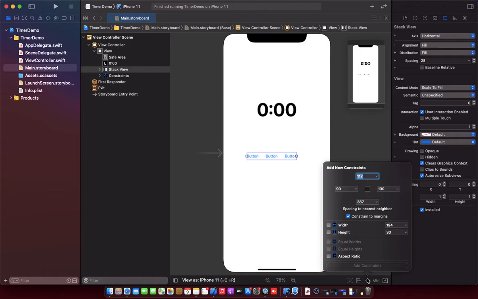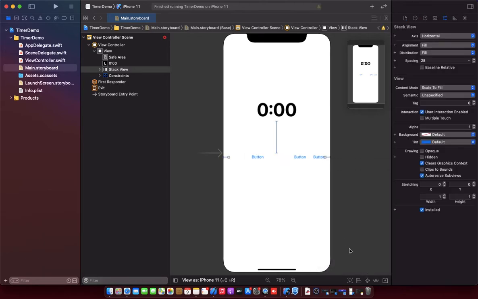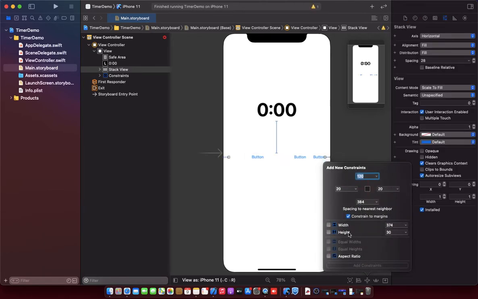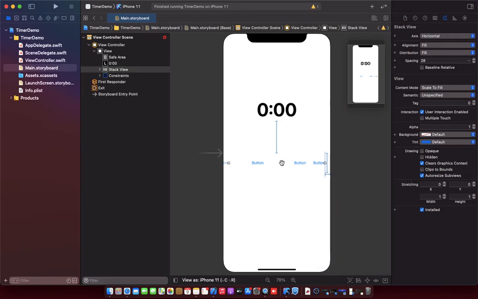So the space between them is 120, and leading and trailing will be 20 and 20, and the height for the stack view is 74. Okay, and the distribution of the stack view is fill equally and the spacing between the buttons will be 22.